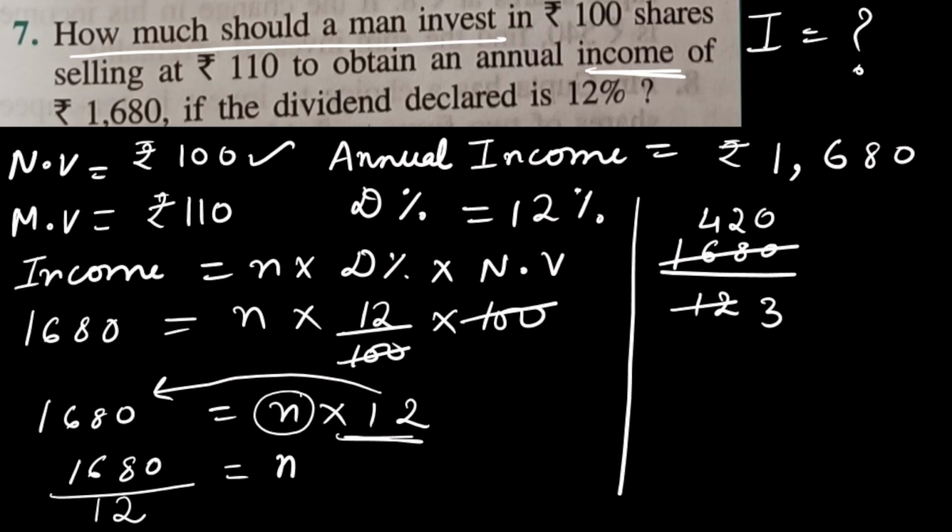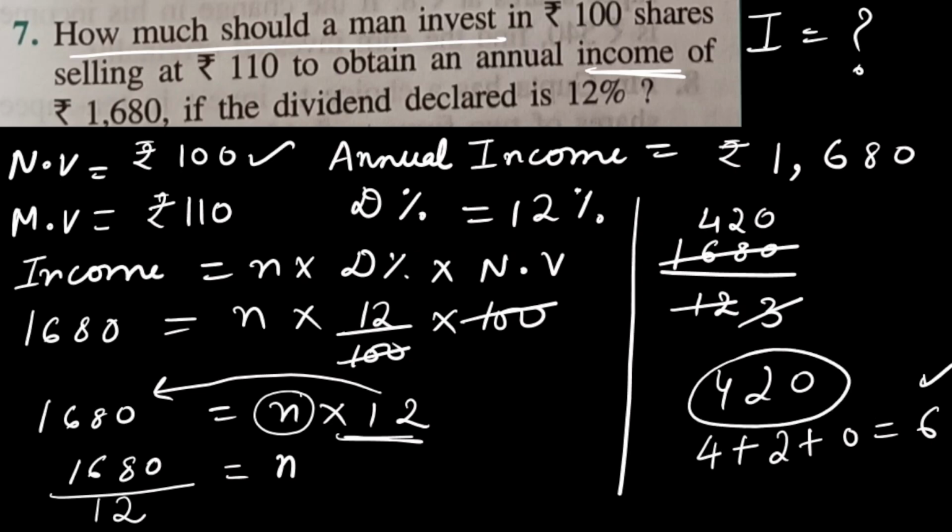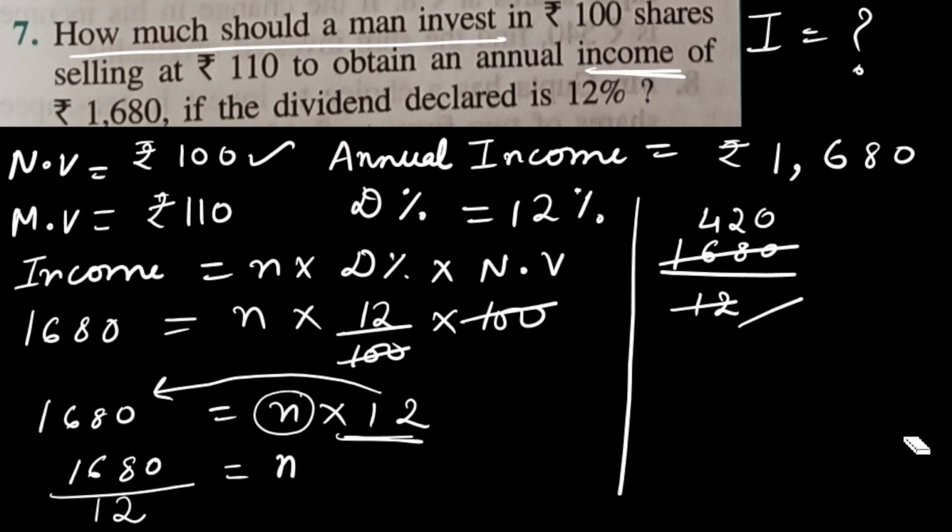Now let's do 3 stable. I hope you know the divisibility test of 3. See, 420: we know it will go on 3, as we add all the numbers, 4 plus 2 plus 0, I am getting 6. 6 is divisible by 3. That means this 420 will also be divisible by 3. That's how directly we can know. So here I wrote 3. 3 into 1 is 3, 3 into 4 is 12, then this 0. 140, right?